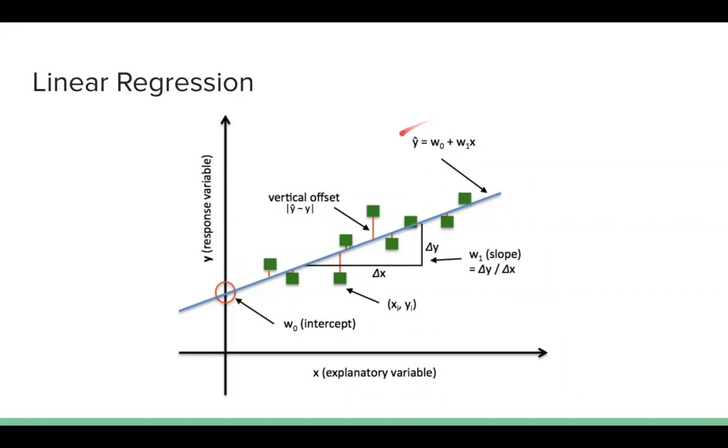In this particular case, generally in machine learning, we write the equation as W0 plus W1x. But please do not get confused, okay? It is the same as y equals mx plus c. The c is nothing but the W0 and m is nothing but the W1. Because the line is not passing through the origin, that means you have some kind of a y-intercept. So W0 will be available in this case.